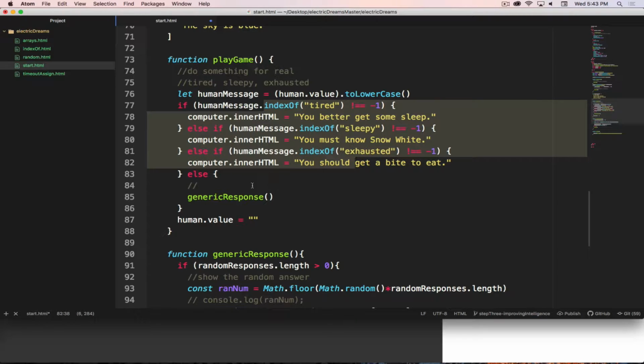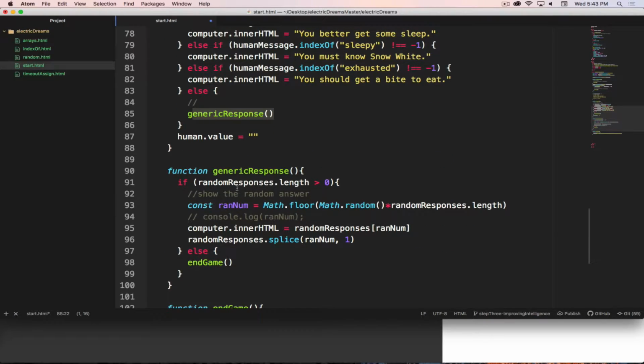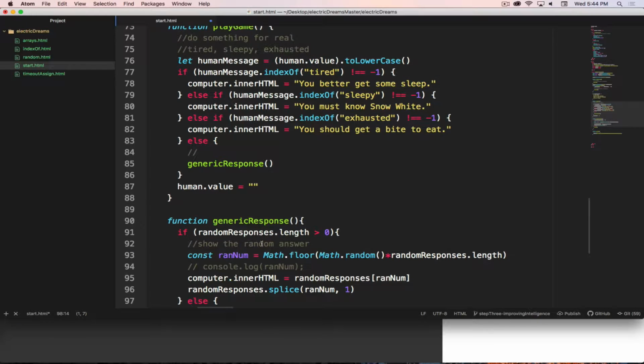Otherwise, if it's not one of those three terms, we spit out a generic response. And as long as there is a generic response, it's going to populate the computer's message field with that text, remove that response from the list of responses, and once there are no longer any responses to choose from, it calls endgame. So if I run my program right now, what we'll see is absolutely nothing has changed,